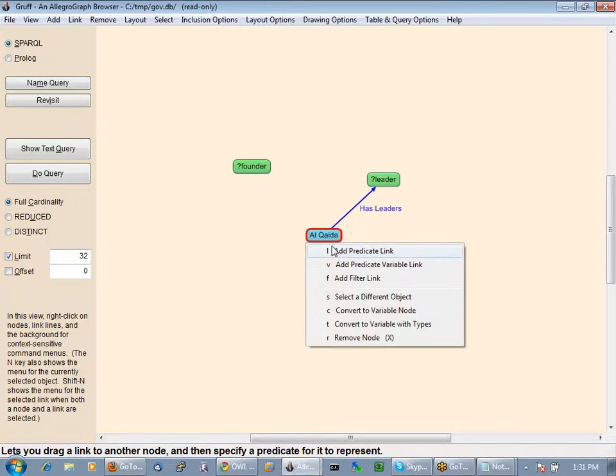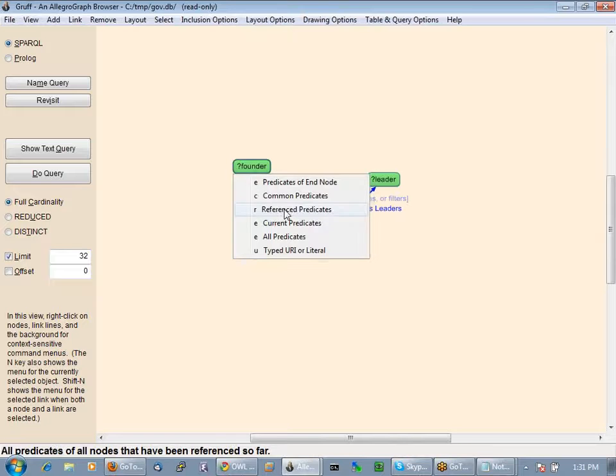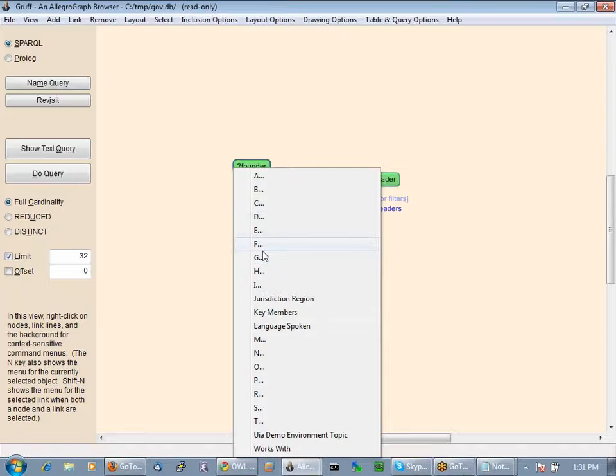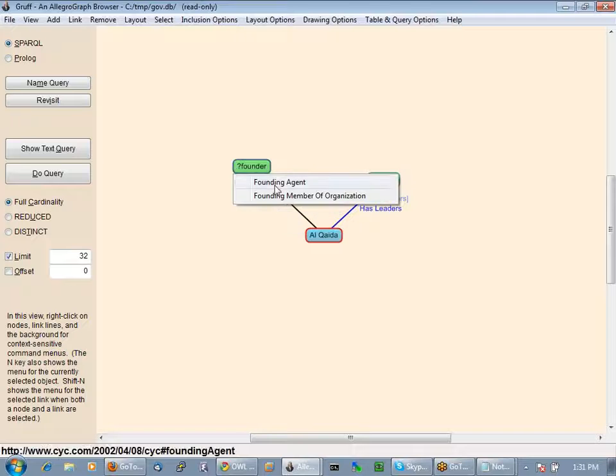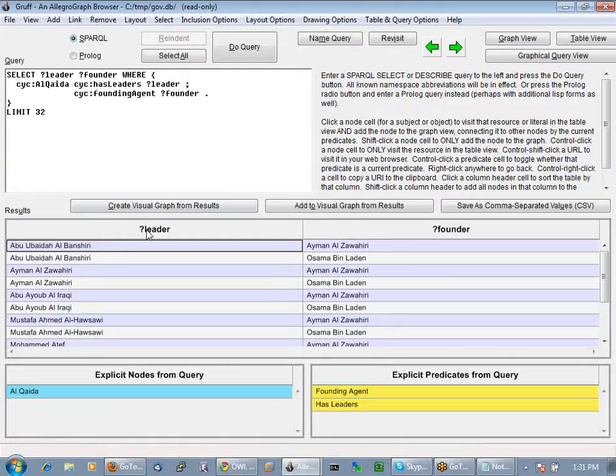And I right click on Al-Qaeda again, and I add a predicate link again. Let's take the reference predicate again and find the founding agent. So now we have a founding agent. We have Al-Qaeda and two properties, leaders and founders, and I can do the query, and we'll see the leaders